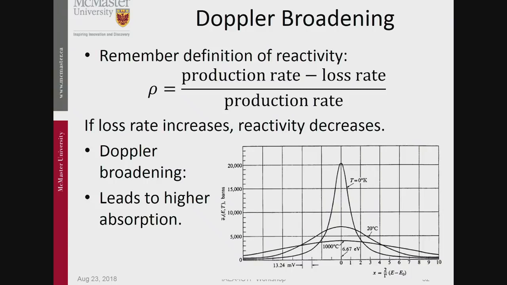Doppler broadening is just the effect that if a resonance, as you have here, at low temperature may be sharp, but then if the temperature gets higher, it broadens, and that means that neutrons that were here originally now see a higher cross-section. So Doppler broadening leads to an increase in neutron absorption. So an increase in temperature leads to higher absorption. That's the whole idea of the